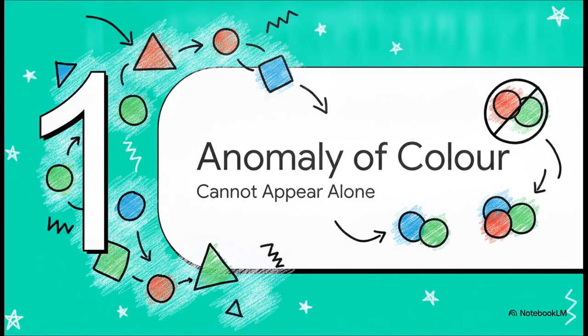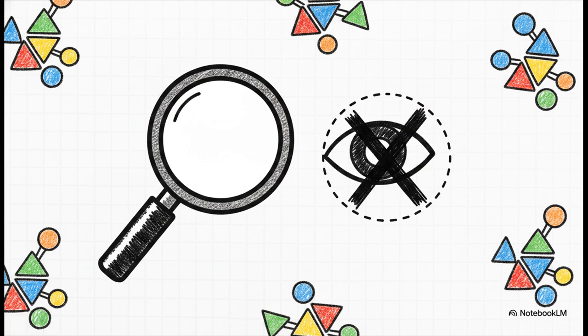Section 1. The anomaly of color, the charge that cannot appear. Let's get into it. So we need to completely reframe how we think about particles existing. Normally, we isolate things to study them, right? Molecules, atoms, electrons. You isolate an electron in a vacuum, and there it is, a loose public object. But a quark? Quarks carry this property called color charge, and yet no isolated quark has ever been seen by human eyes, or even our most advanced detectors. It simply does not appear as a loose object.